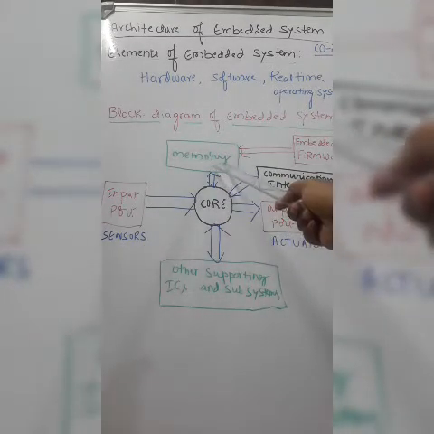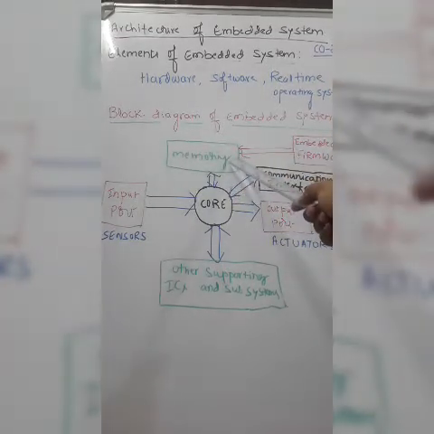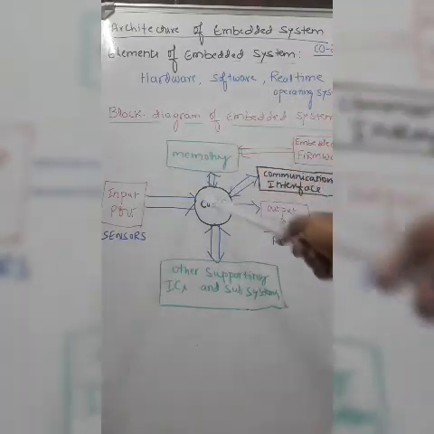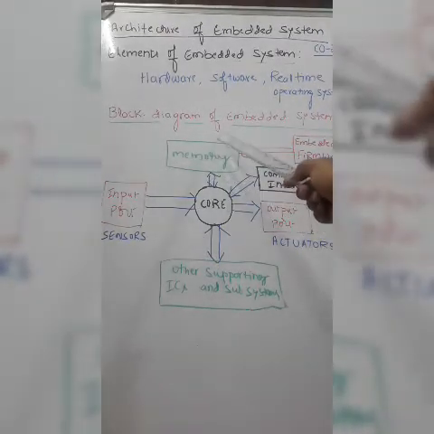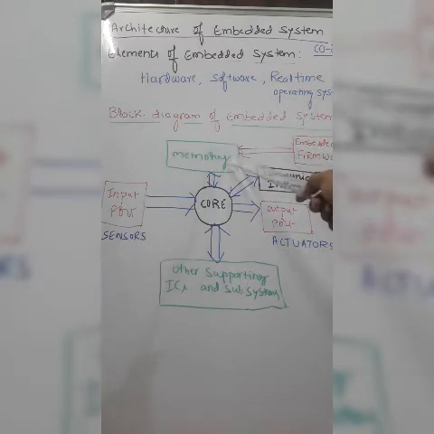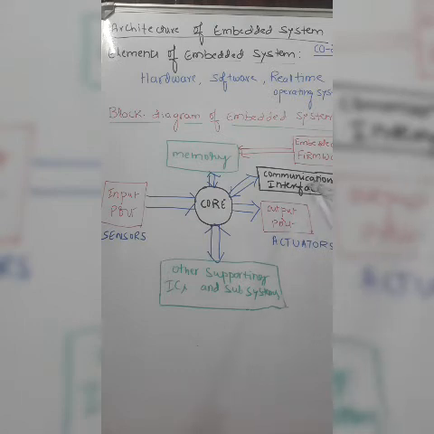Memory will be of two types, that is data memory and the program memory. Data memory will receive the input as well as will receive the results, whereas the non-volatile memory will have the embedded firmware, that is the software which is burnt permanently and kept in the non-volatile memory. Then communication interface will be nothing but bus. It can be an address bus or a data bus or a control bus. So this bus will be internally connecting various units, also connect the external units.